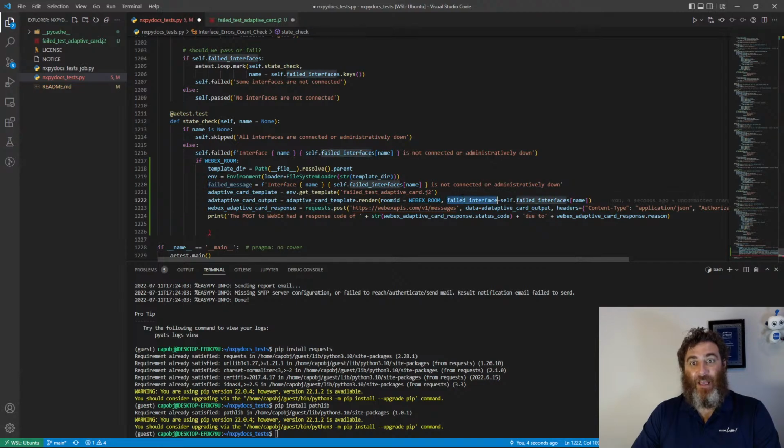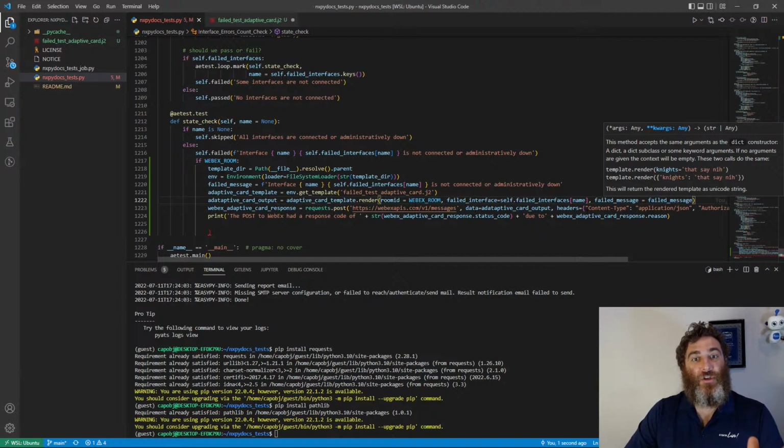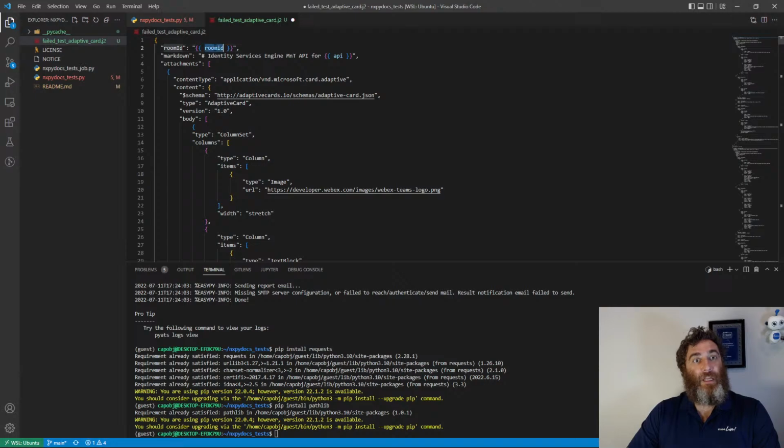So I can have failed interface as just the interface, as a standalone interface, and then I could have failed message equals failed message. So now Jinja 2 has available to it the value of room ID, failed interface, and failed message. Just for consistency, let me get rid of those spaces. So now in our adaptive card, we need the room ID, and the markdown here is we're going to say,